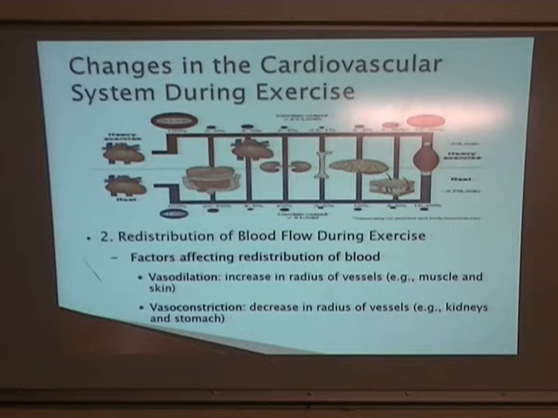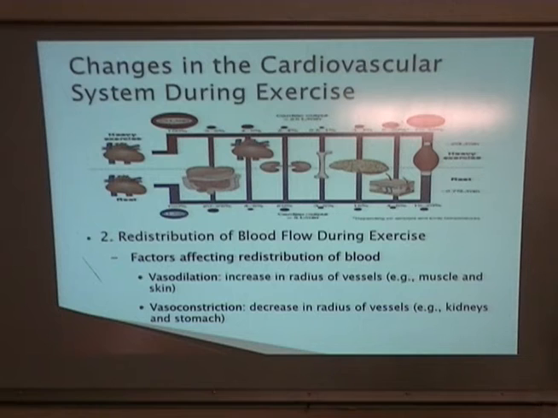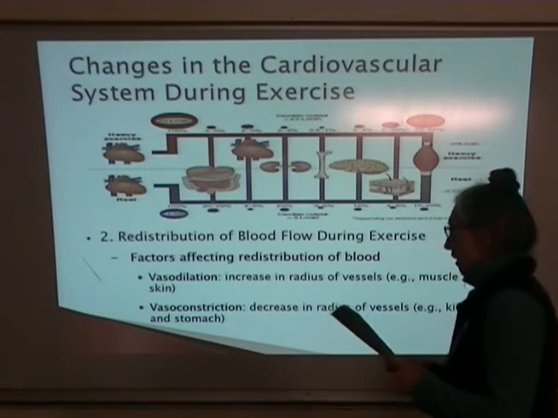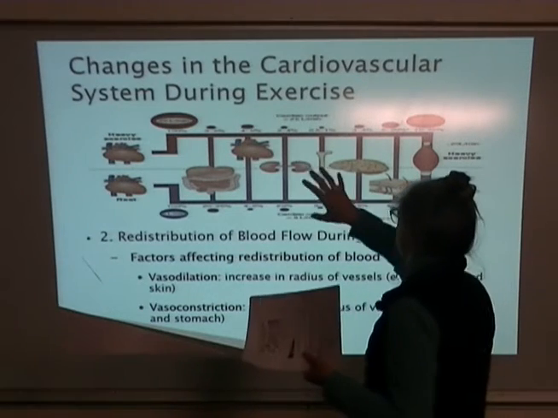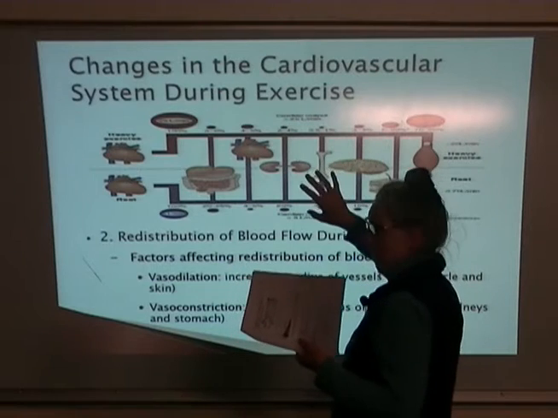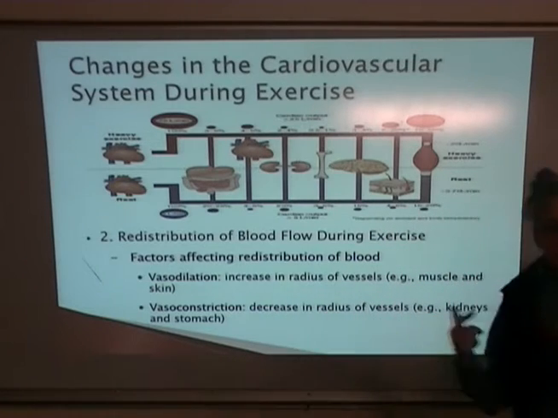Okay, so we were looking at changes that occur in the cardiovascular system when we're doing physical activity or exercise. We looked at the changes with regards to oxygen delivery, and now we're going to look at the redistribution of blood flow. Okay, so I really like this diagram. I think it's a good visual. The top half is blood flow during heavy exercise. The bottom half is at rest. All right, so we can see that